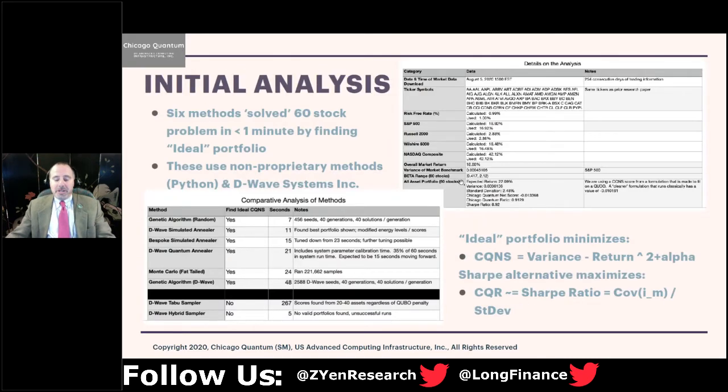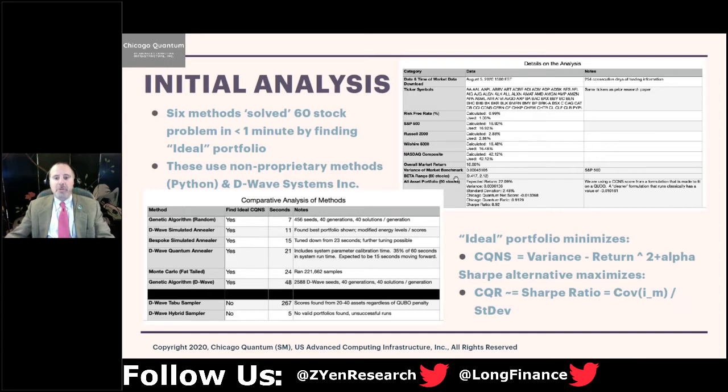So what did we do initially? We ran the model for 60 stocks, quantum computer versus classical solvers. They all pretty much gave us the same answers. In this case, because the market had gone up a lot and stocks were very rich, it was a 2-stock solution out of 60. In the lower left, you see that the genetic algorithm solved the problem, found the ideal portfolio in 7 seconds. The DWave simulated annealer, 11 seconds. Our own custom annealer, 15 seconds. The DWave took 21 seconds, but that included all the calibration time. We think if we were to repeat it the same way, it'd be 15 seconds.